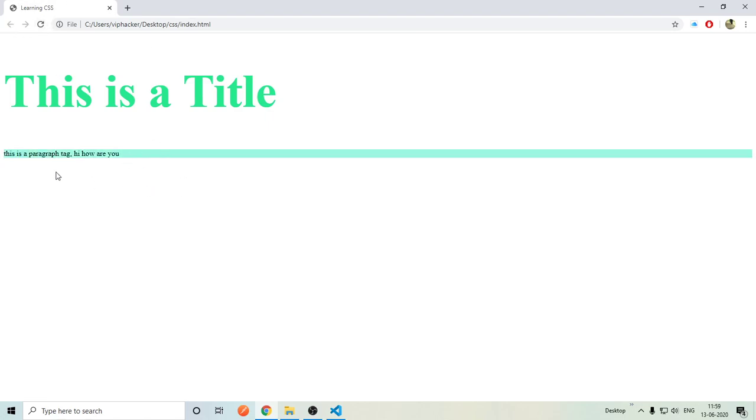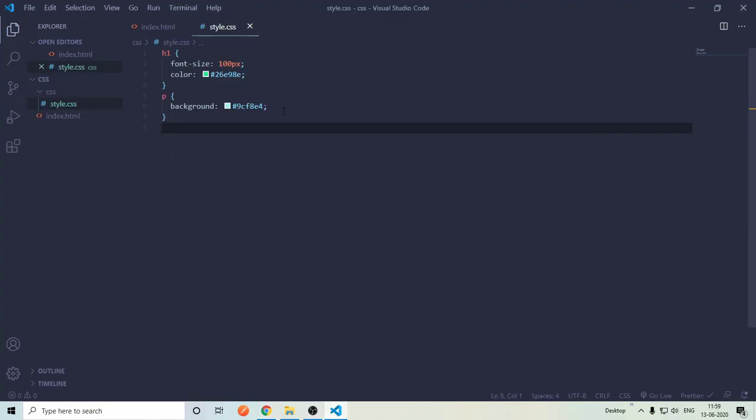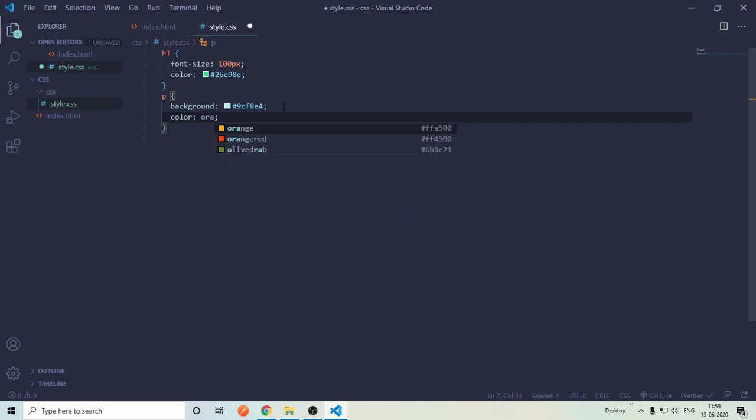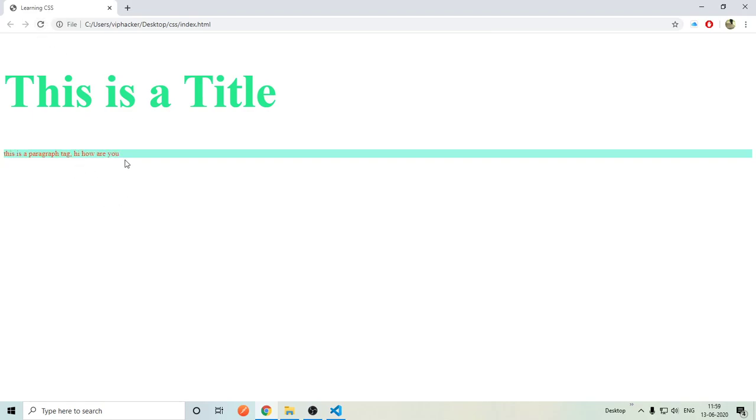And as you can see, the light background color has been applied to our p tag. Let's change its font color. Make sure you can change the font color with the color property and background color with the background property. Don't confuse between them. Let's give it a bright color. I will say orange red this time. Refresh it. As you can see,